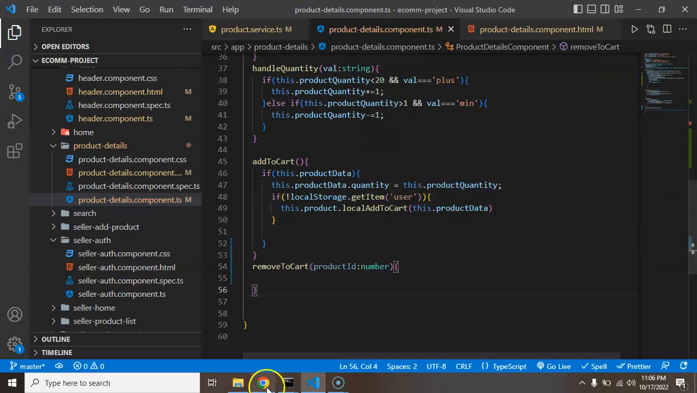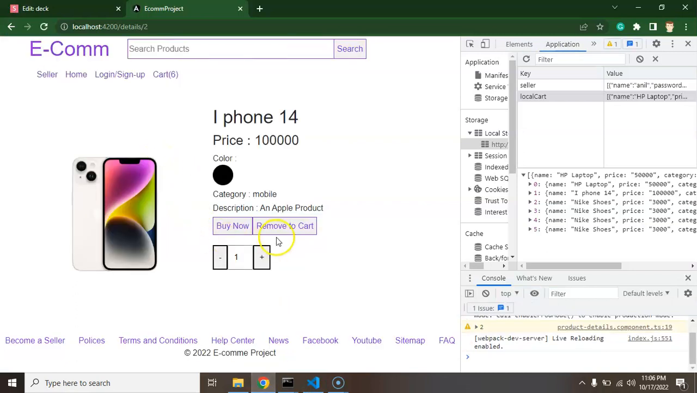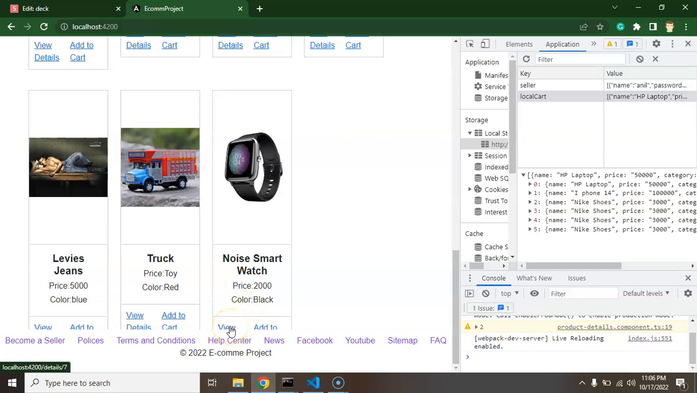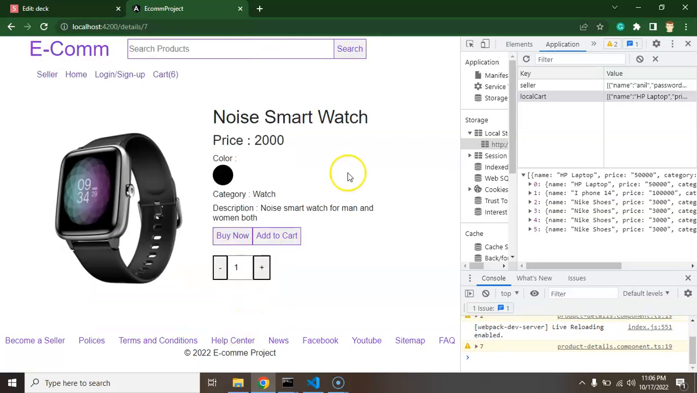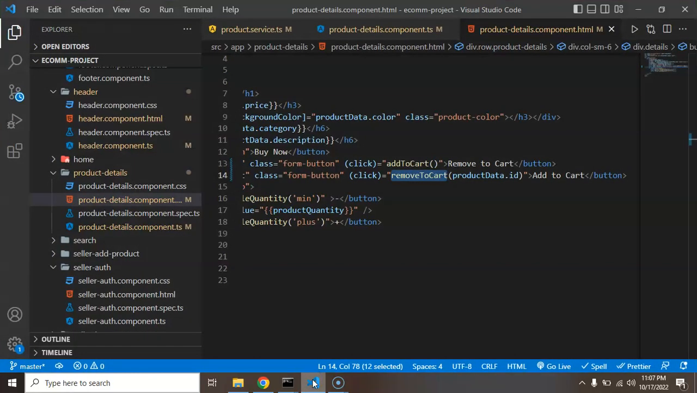All right, so now you can see that we got a remove to cart option, but still there is a catch. So let's say I'm just trying to add the noise smartwatch there, and we know that this is not present there, and if I'm just clicking on add to cart, you can see that I think this is not clicked at all. What's wrong with it? Why is this not adding? Let me check. Oh, sorry guys, actually